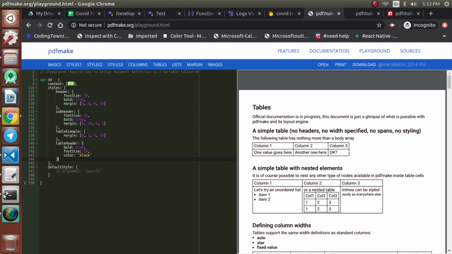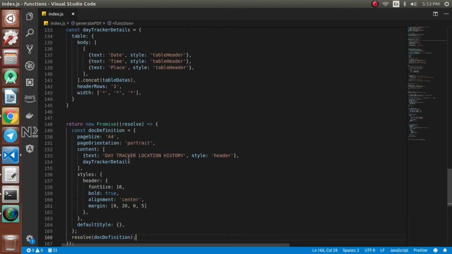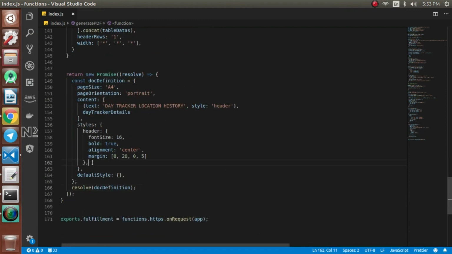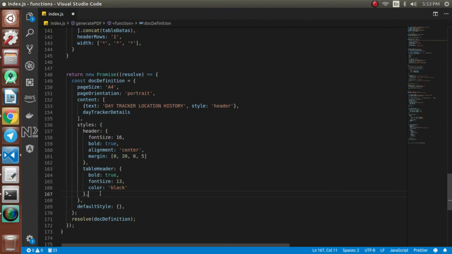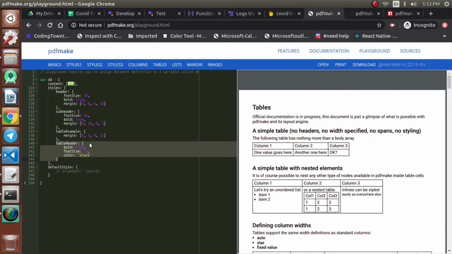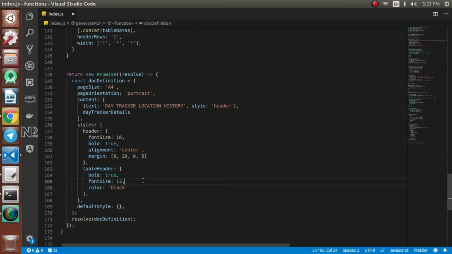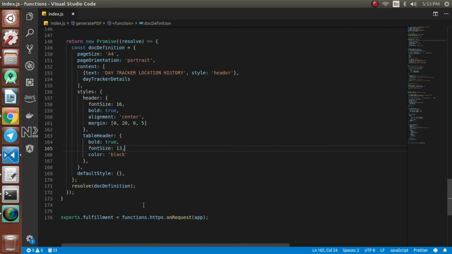columns or the tables. So here also we are missing one, the table header, right? So we'll use the styles from here. We'll take this out, add it here, and save it as well. You can see the documentation, so it will be easier for you to understand how to generate this. I don't want to spend much time there teaching those basics. You can take a look at those things and play around. So now we have resolved this document definition. Now we'll go back to our